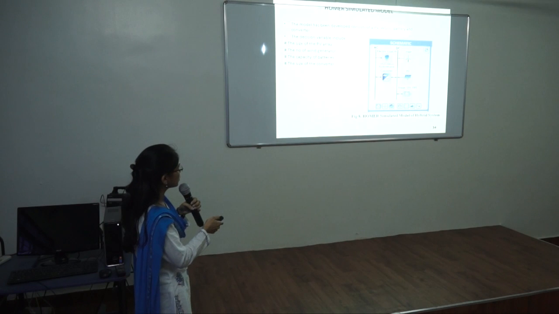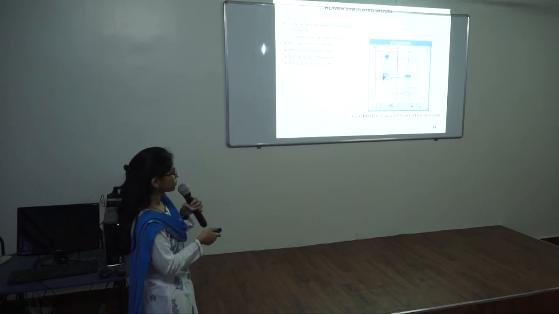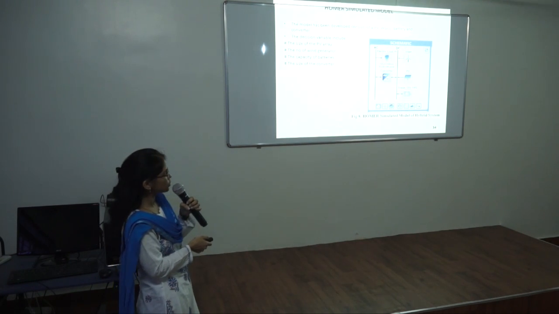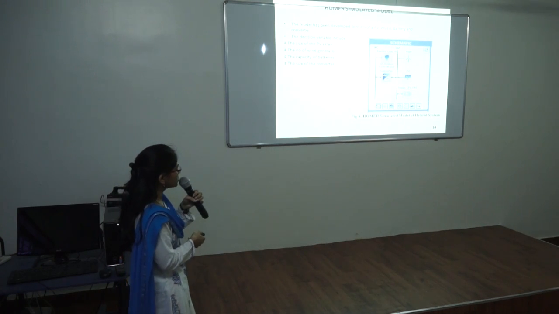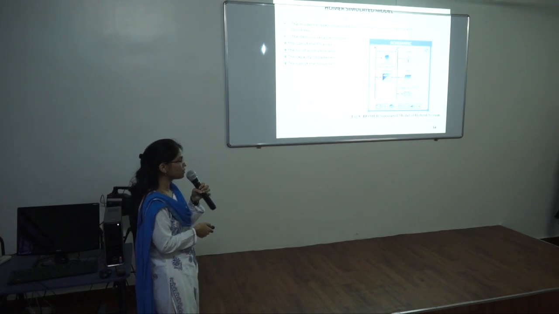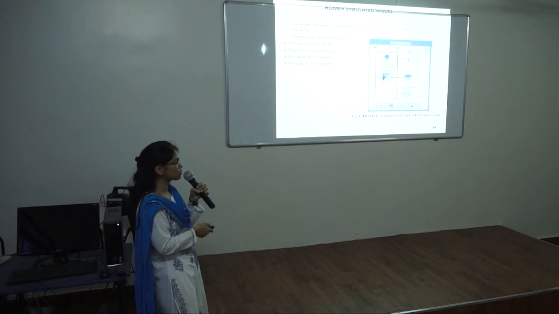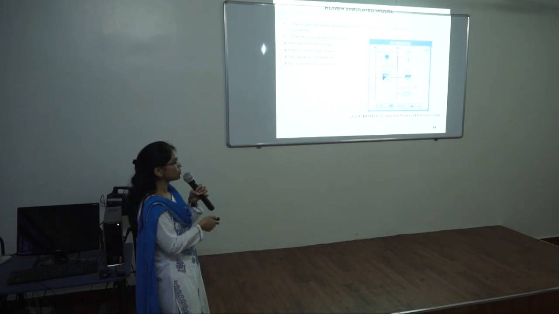This is the HOMER simulated model. It consists of PV, wind, battery, and converter. In order to verify the system performance under different situations, simulation studies have been carried out. In this study, the decision variables include the size of the PV array, number of wind generators, the capacity of the battery, and size of the converter. In normal operation, PV and wind feed the load demand.